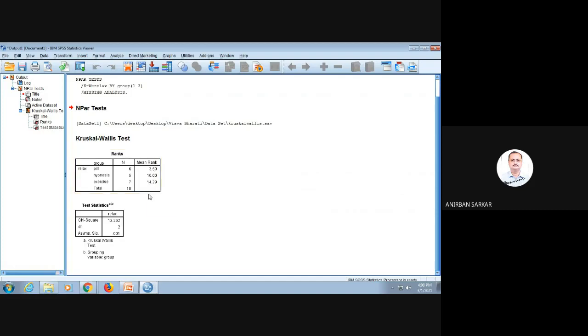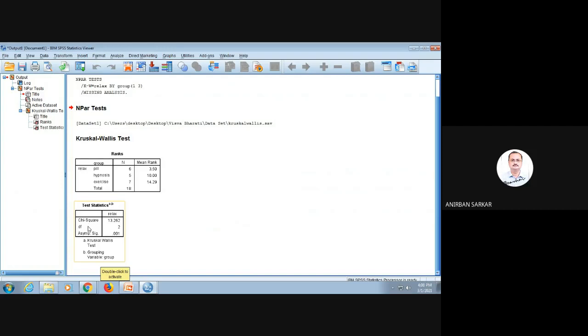So we may say that exercise is the most appropriate and meaningful technique for relaxation. And this will be statistically tested with the help of the test statistics. We will check the significance of the test. And when you look at the test statistics here, Kruskal-Wallis H is approximated to chi-square.